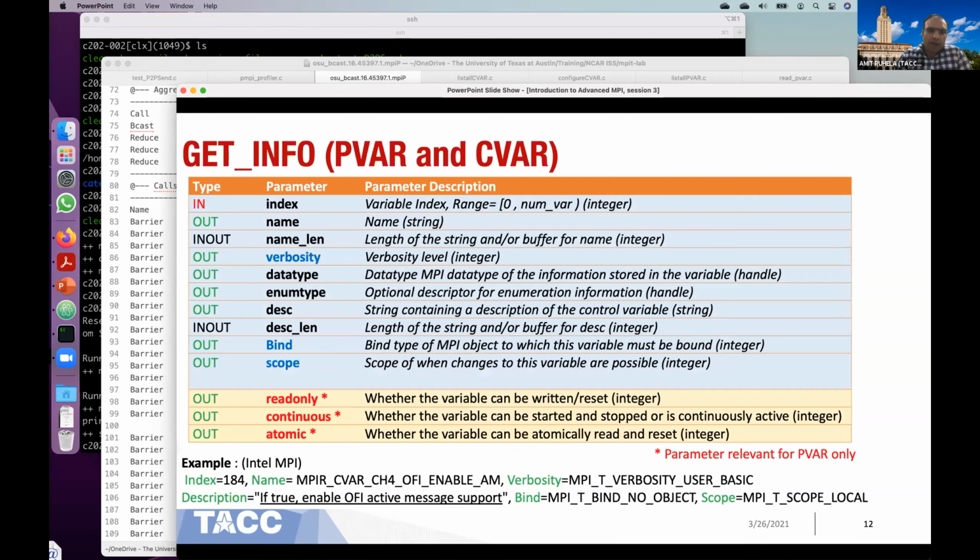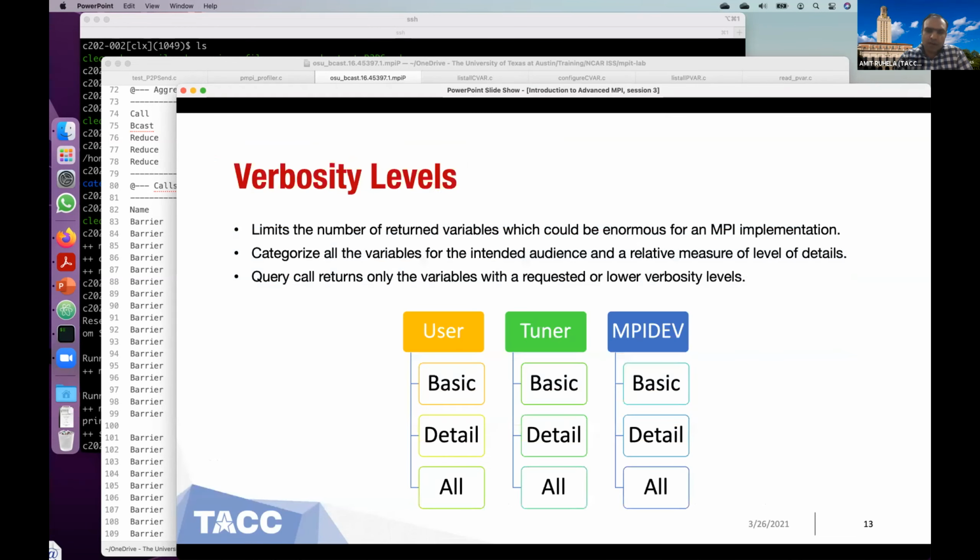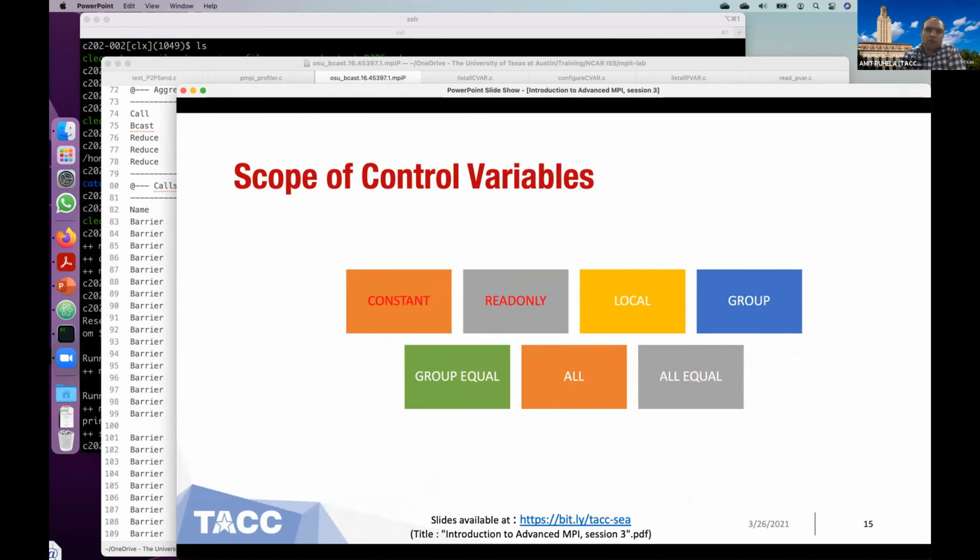Then apart from the binding, we also get the information regarding the scope of the variable, which basically tells when changes to this variable are possible. For example, the scope of a variable could be a constant, which means it will not change its value. It will remain the same throughout